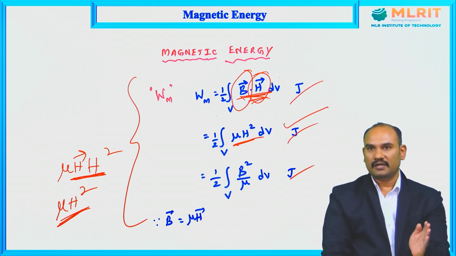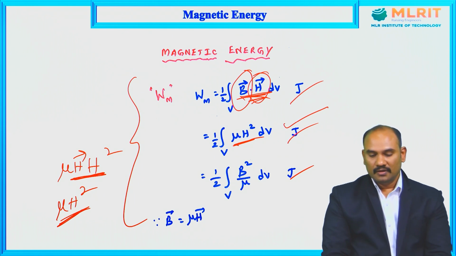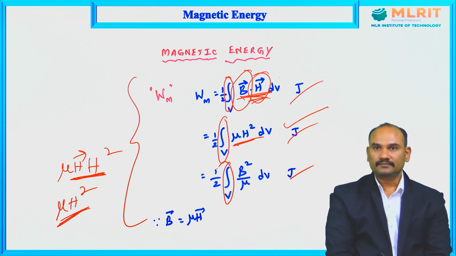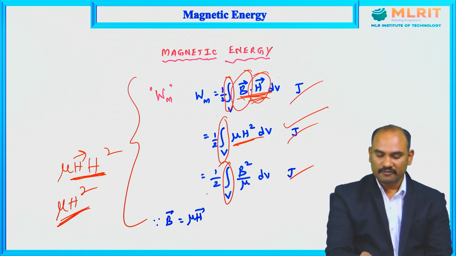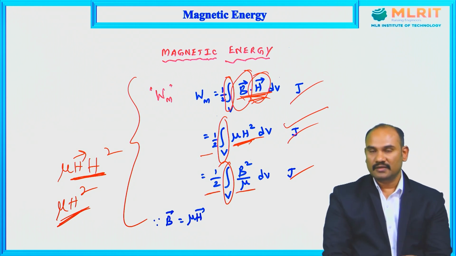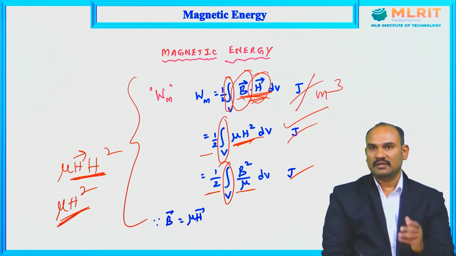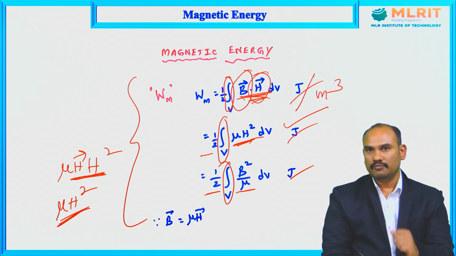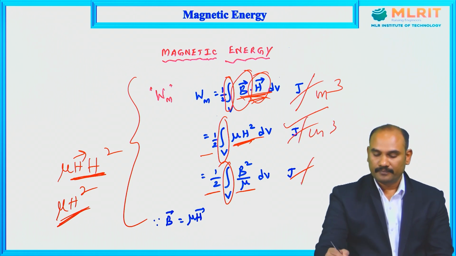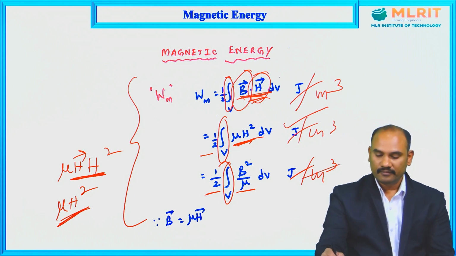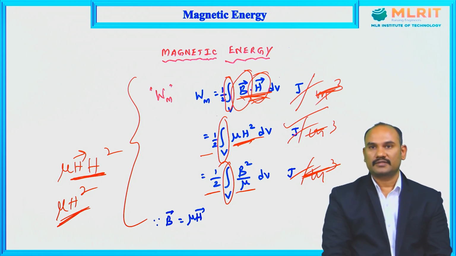Of course, whether it is electric energy or magnetic energy, it is in joules. If you remove this integral, what do you get? Energy density. The rest of the expression, half B square by mu or half mu H square, is called energy density, energy per unit volume. Then we have joules per cubic meter, because in the meter-kilogram-second system, the international system, unit volume is cubic meter. If you don't have the integral, use joules per cubic meter. If you have the integral, that is called energy, not energy density. Then you have only joules, magnetic energy.